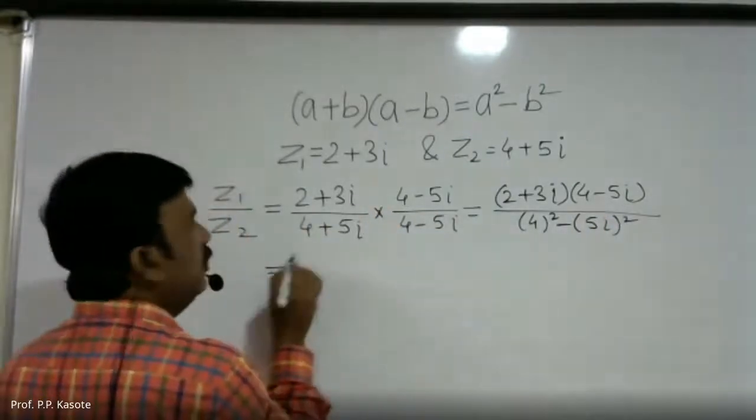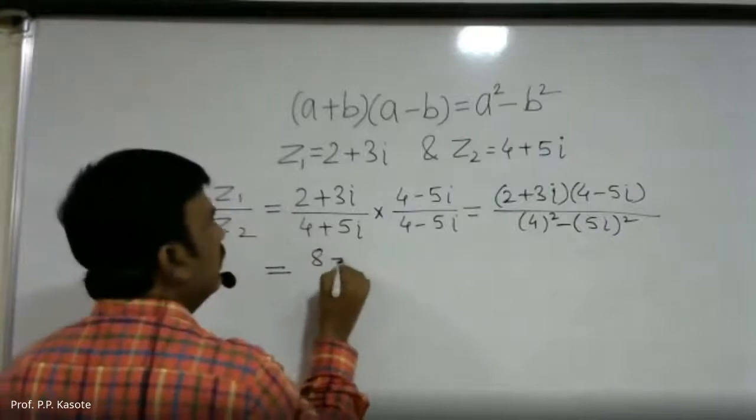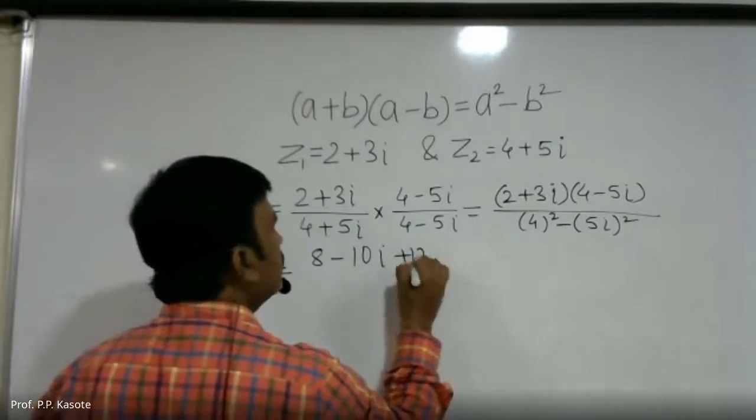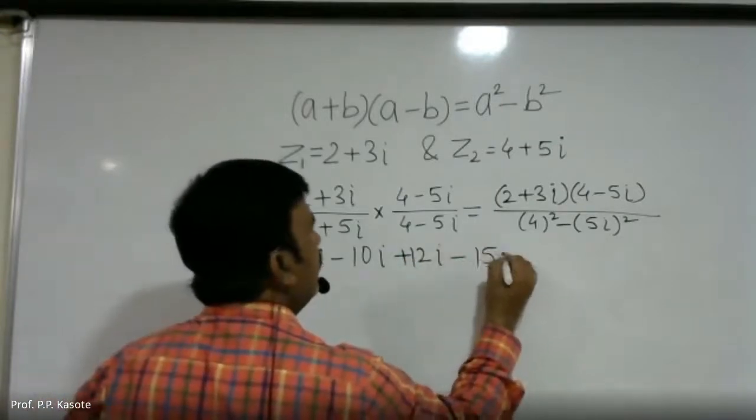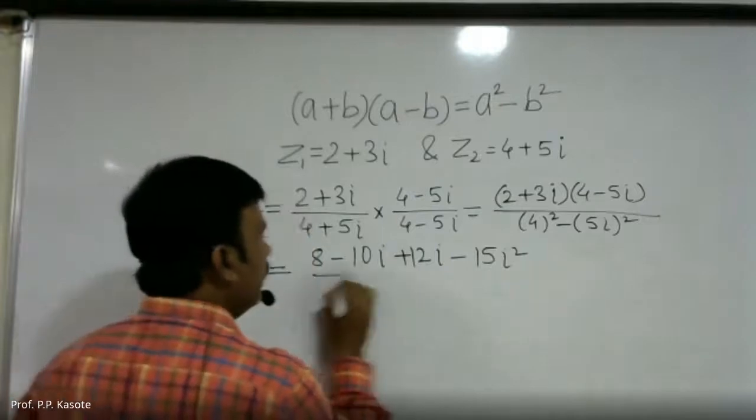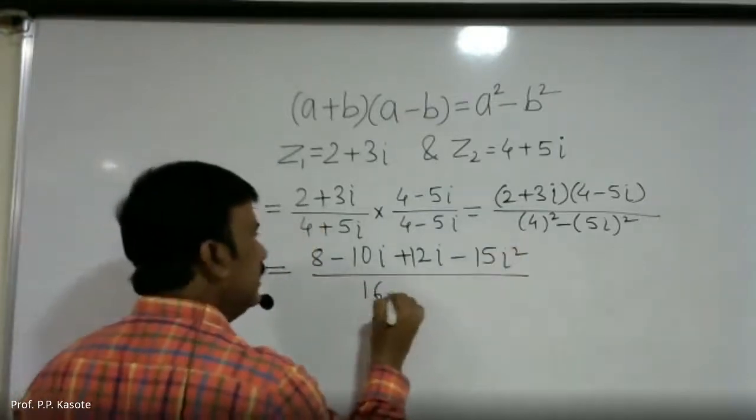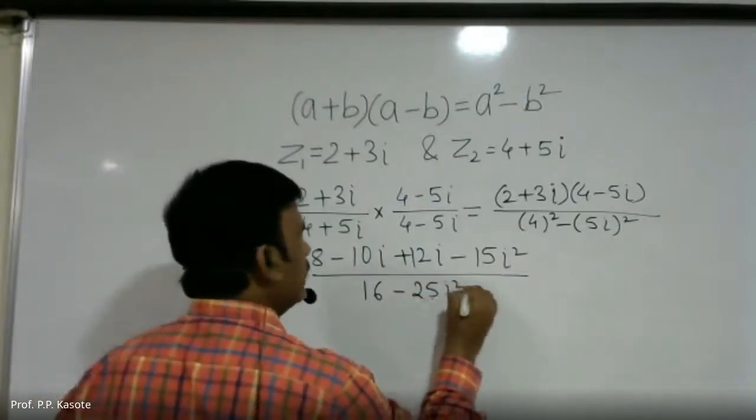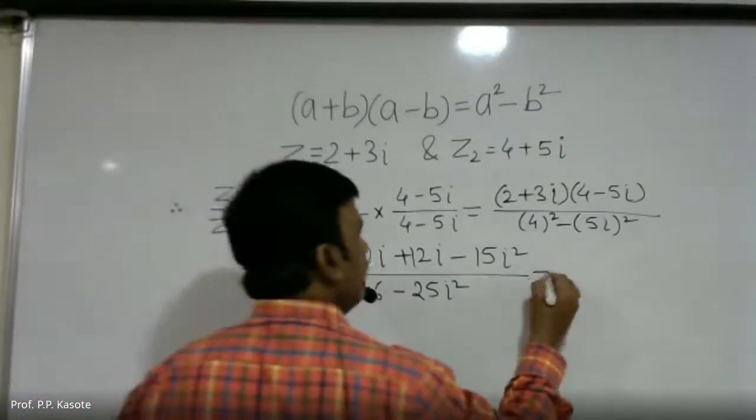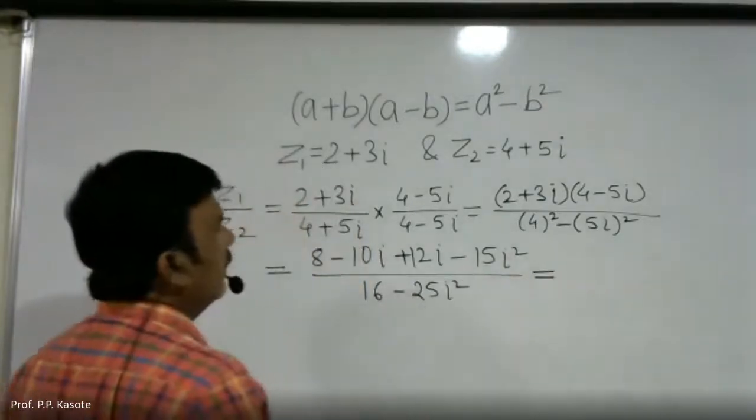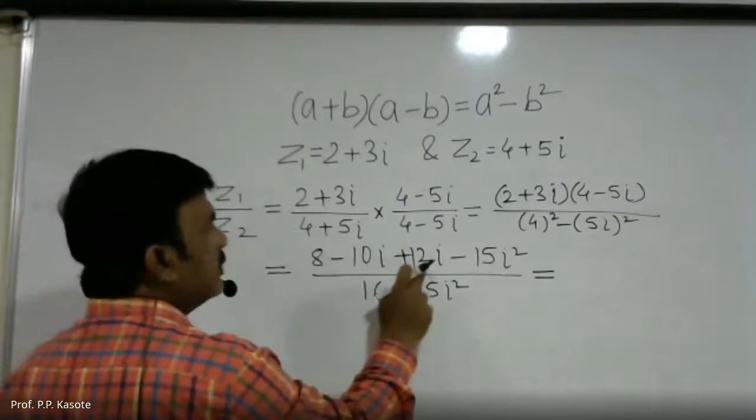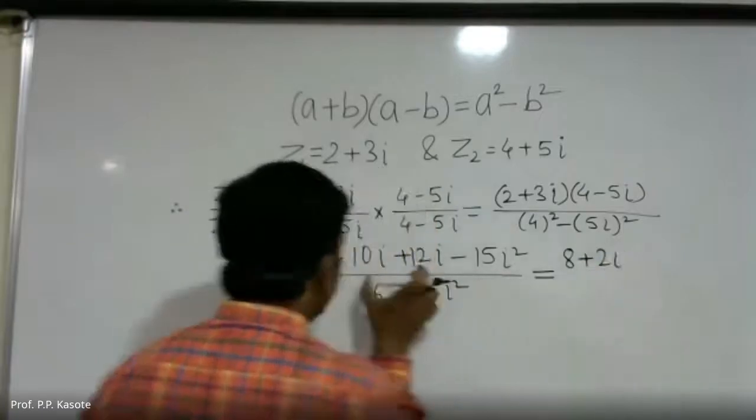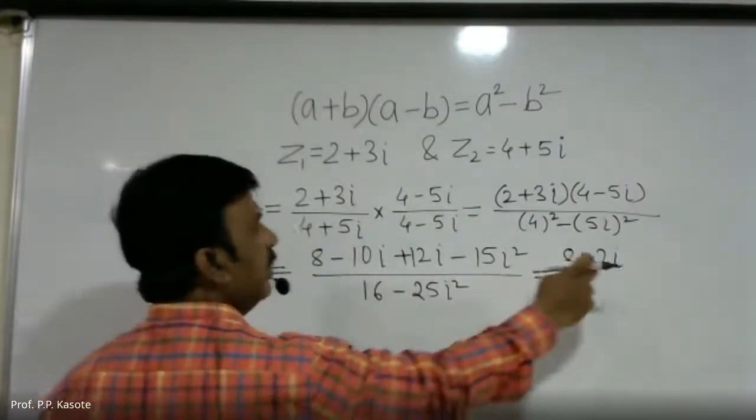Understood? Let us multiply the numerators first. 2 4s are 8 minus 2 5s are 10i, 3 4s are plus 12i minus 15i square divided by 4 का स्क्वायर आएगा 16 minus 5i का स्क्वायर आएगा 25i square. Let's see what happens after simplification. इसको और सिंपलीफाई करेंगे. So this 8 plus 12i minus 10i will become plus 2i. 8 plus 2i. इन दोनों का simplification या calculation आएगा 2i, and this